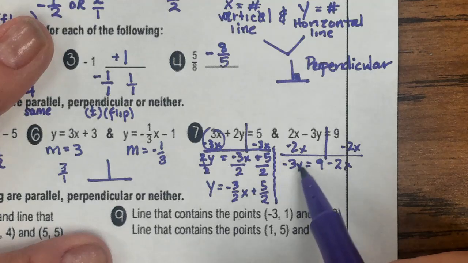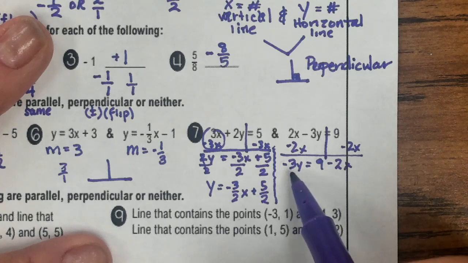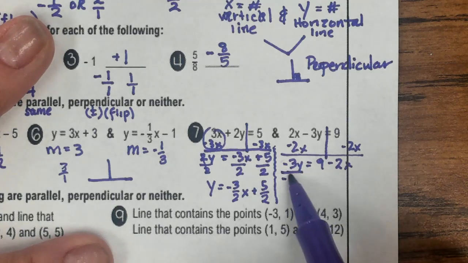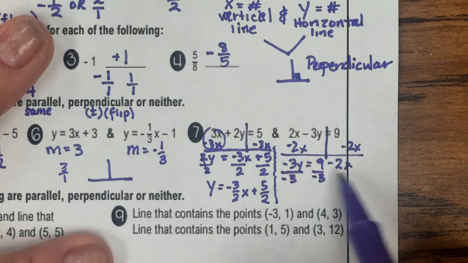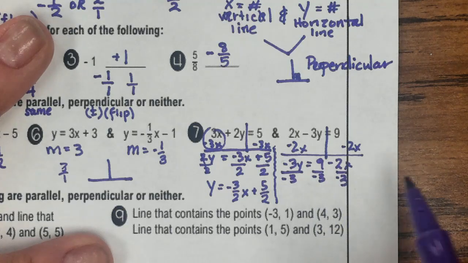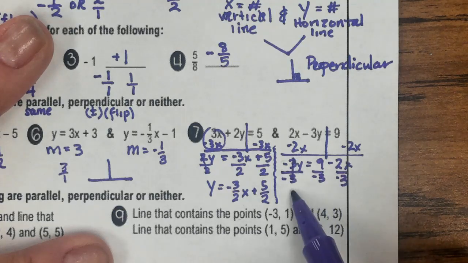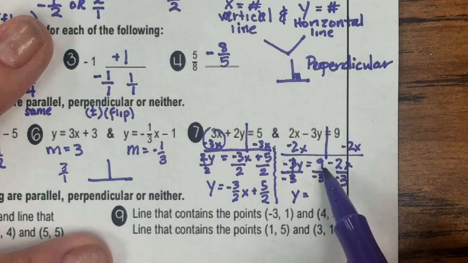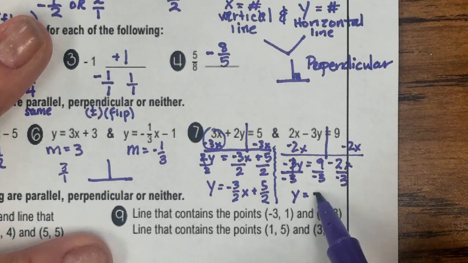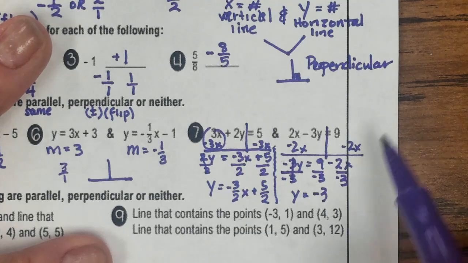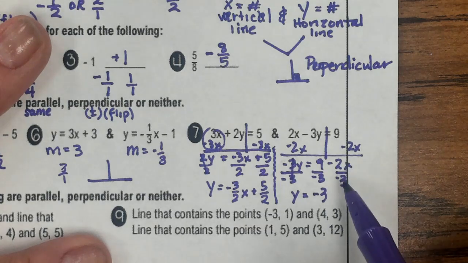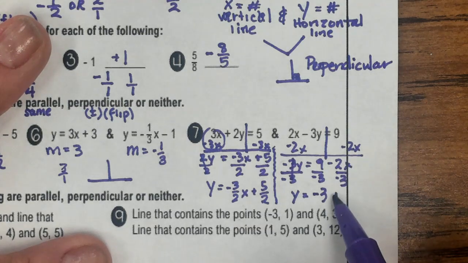So I'm going to do the opposite. This is multiplying. So I'm going to divide by negative 3 to everything. This cancels. Now I have y equals, well, 9 divided by negative 3 is a negative 3. Negative 2 divided by a negative 3 is a positive